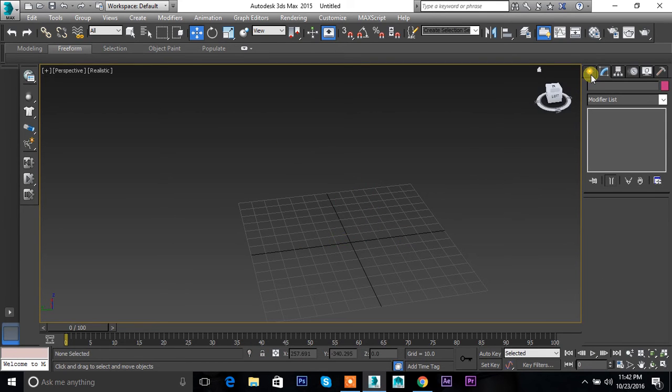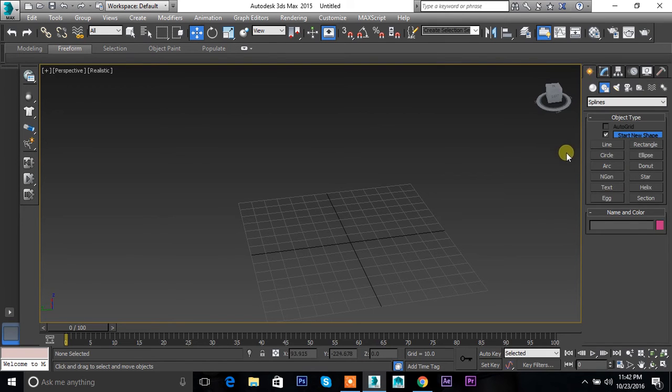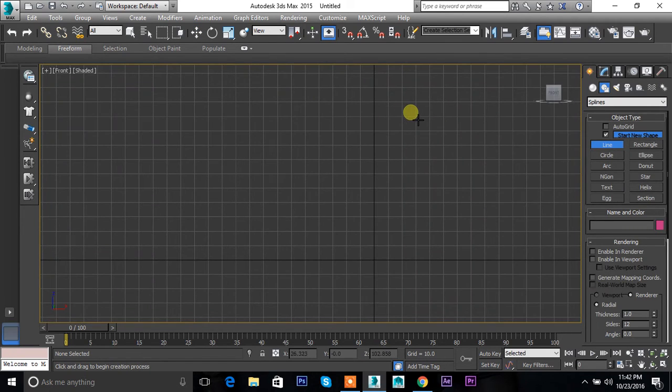So the next modifier is sweep. The sweep modifier is basically used when there is a particular shape throughout the path. Like if you have a shape of a bridge. Okay, let's make it roughly. If you have a shape of a bridge, like if it's going something like that,